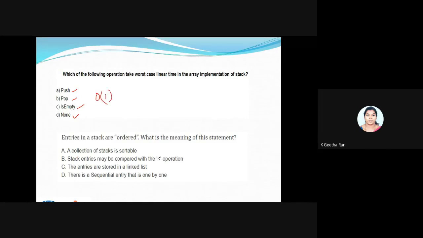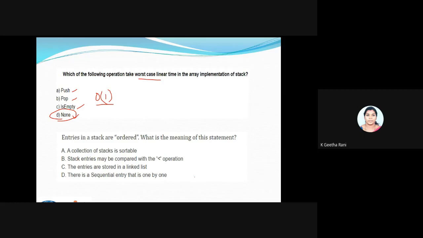Okay, I can't say push will have a good complexity and pop will have the worst complexity. Nothing like that. So all the operations will have the same complexity, the order of one. So we won't have any worst case for any individual operation. So the answer is going to be none. Fine. Yeah, Suganya gave me the right answer. Lavanya, good. Last one. It's very simple.